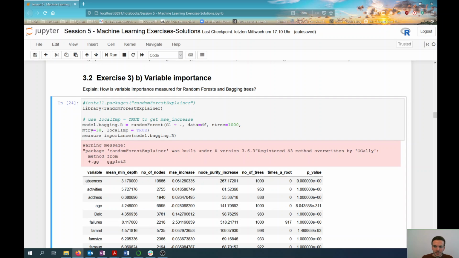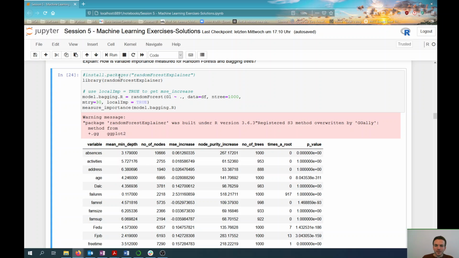Now in exercise 3b, we will talk about variable importance and how variable importance is measured for random forests and bagged trees. So first of all, we will install the package, the randomForestExplainer, and import it into the notebook. And we set localImp to true, because otherwise we won't get the MSE increase when